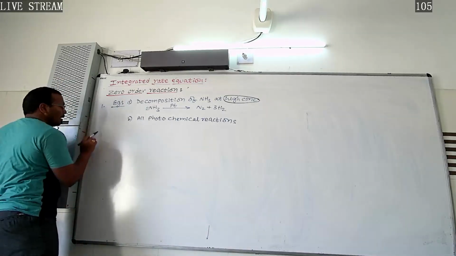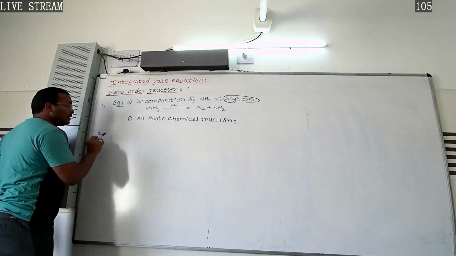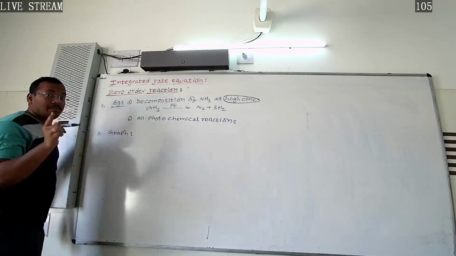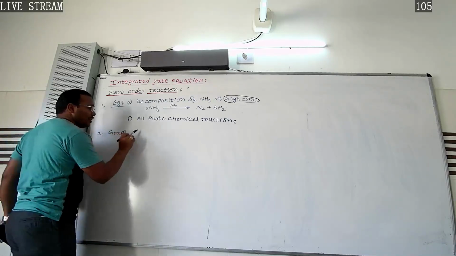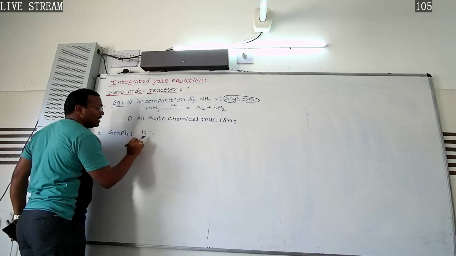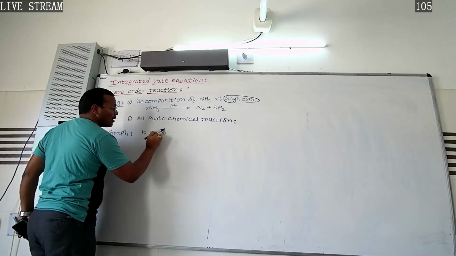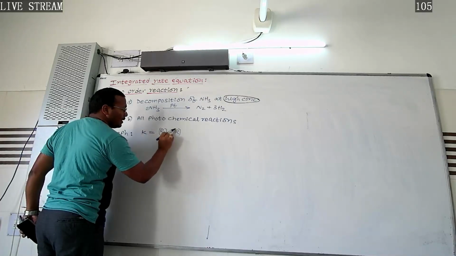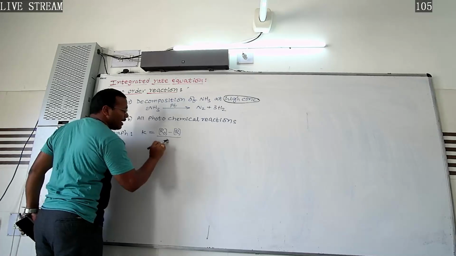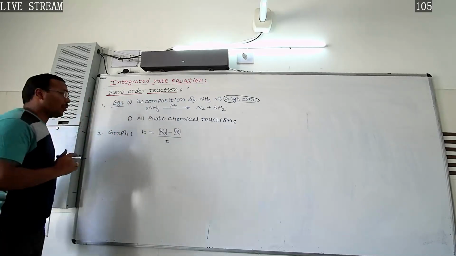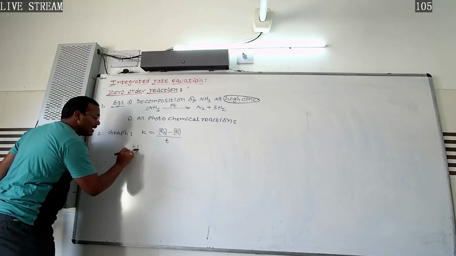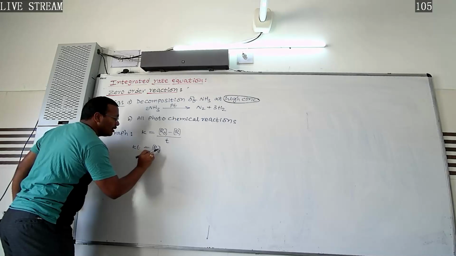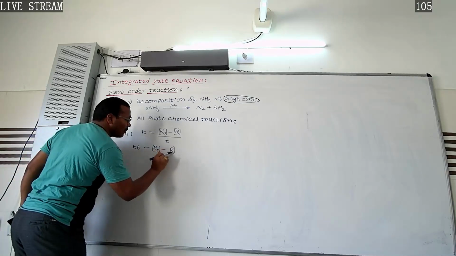Point number two is the graph. So the graph for zero order. Many times a CBSE question is based on this one. What we have derived, the rate constant K is equal to r naught minus r divided by t. This one we have to bring into y is equal to mx plus c form. Here we are revising it. Kt is equal to r naught minus r.